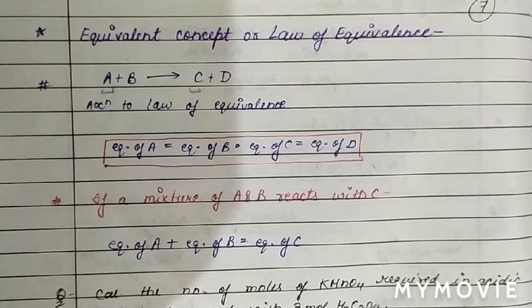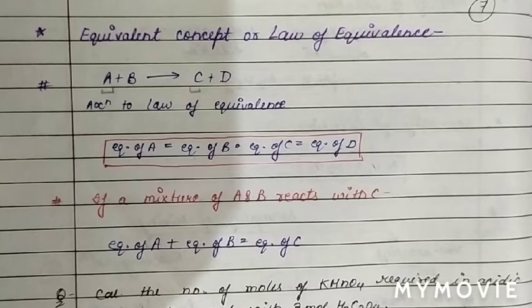As we know, the number of equivalents of KMnO4 will be the same as the number of equivalents of oxalic acid. The number of moles of KMnO4 times its n factor 5 equals the number of moles of oxalic acid, given as 3, times its n factor 2. So we get the number of moles of KMnO4 required as 1.2. So this is the question based on titration using the law of equivalence. The law of equivalence is a very easy concept to solve these stoichiometry problems. Simply equate the gram equivalents of reactants or products, as gram equivalents are equal in the law of equivalence.